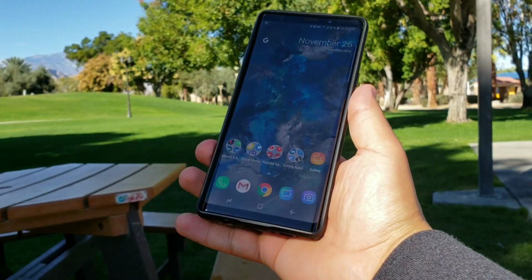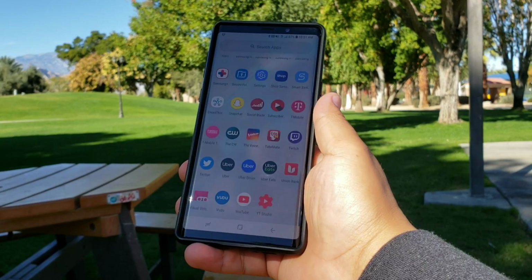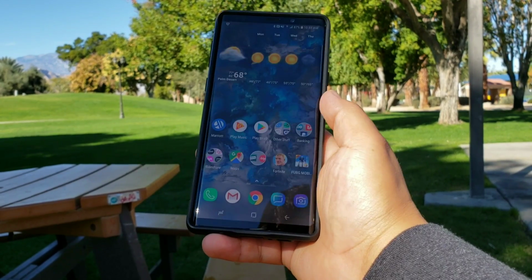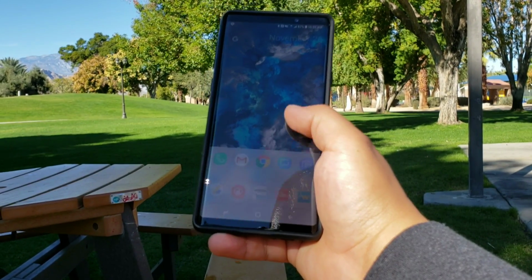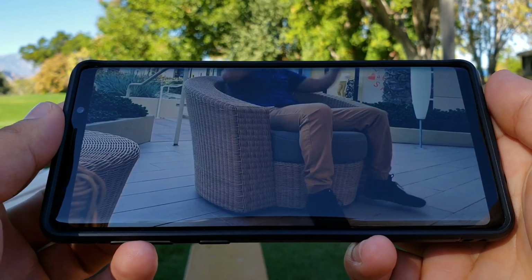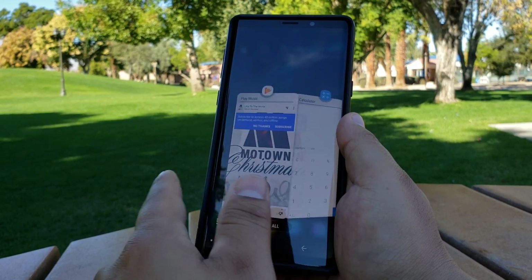video. So since the first day I got my device, I have been truly amazed by the performance of this beast. I literally have had a lag-free experience, and I am able to do multiple things without the phone slowing down on me. Whether it's watching videos, playing games, using GPS, or just browsing through certain apps to get other